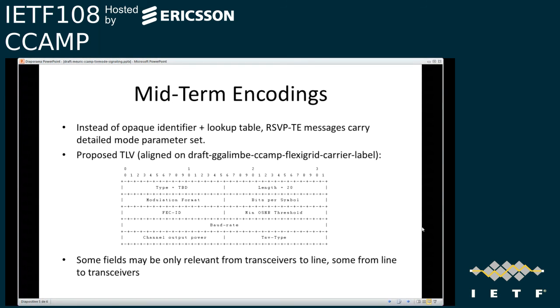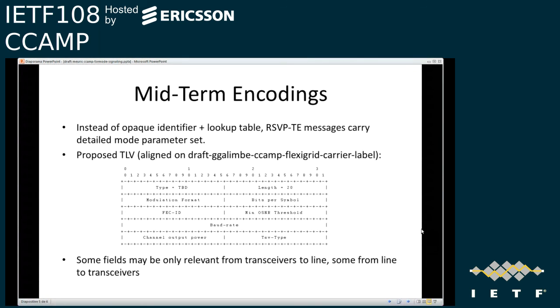Galimberti that is already on the table, but the idea would be to get this set of parameters consistent with all the work that is in progress related to transceiver and transponder parameters that are also happening within YANG models. So the idea is mainly to align all those fields and make sure that what we put in the TLV fits what is also supported in the YANG modules,